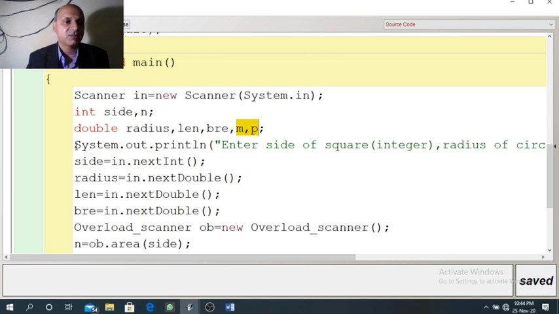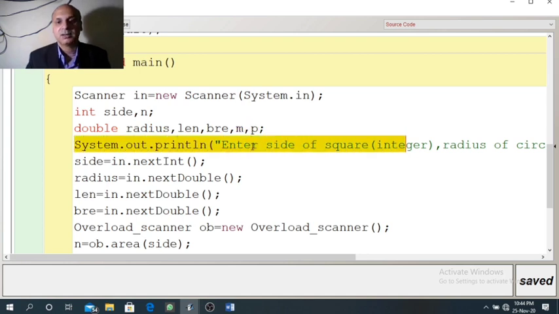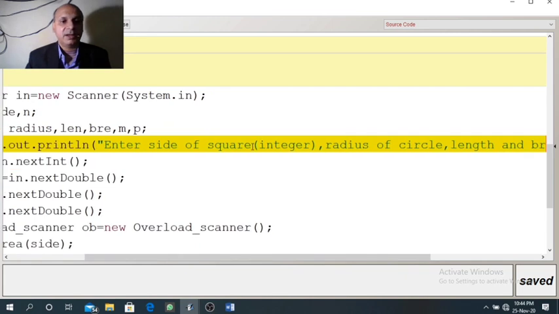First we will ask the input from the user with a message. Enter side of a square that we need in integer value. So give an instruction to the user so that they can enter only integer for the side of square.